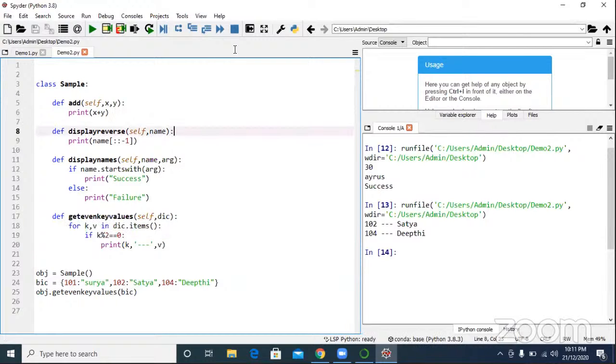From this, what do you understand? A method can have integer arguments, string arguments, decimal arguments, tuple arguments, list arguments, and dictionary arguments. No problem.